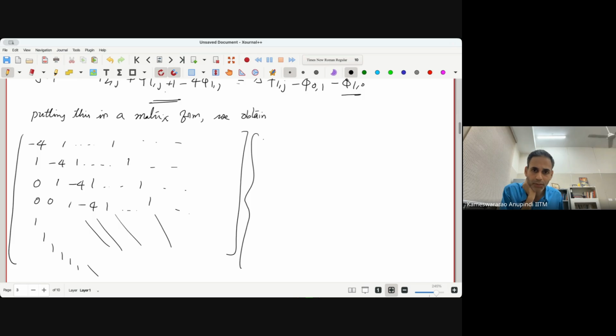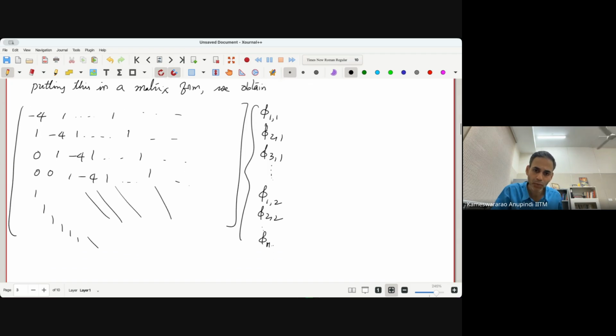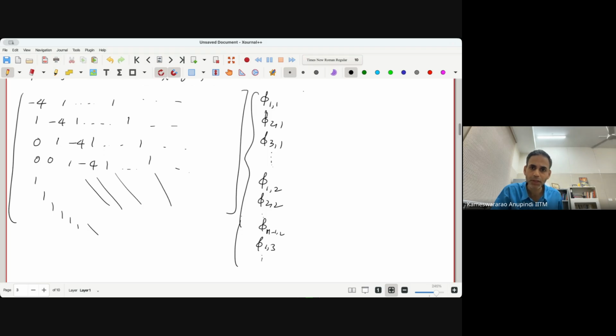Then what we have is phi 1, 1, that is the first point. Then we're going in the increasing order of i, so this is going to be phi 2, 1, phi 3, 1, and all the way. Once we exhaust all the i points, that is once we reach m-1, 1, then we're going to go to phi 1, 2, then we go to 2, 2, all the way to phi m-1, 2. Then we go to essentially again phi 1, 3, and so on. That is how we are arranging all the points.